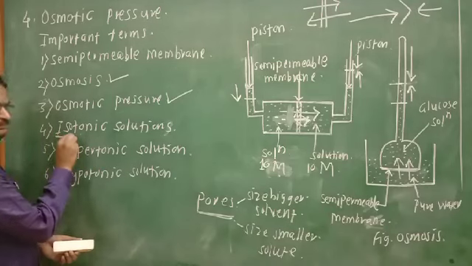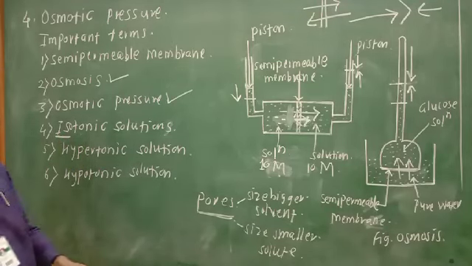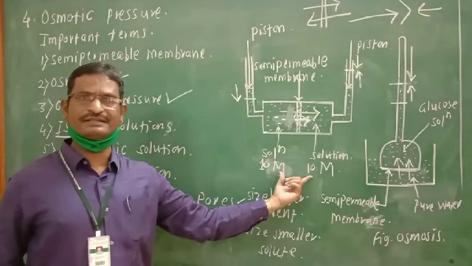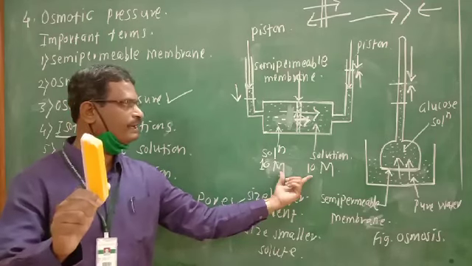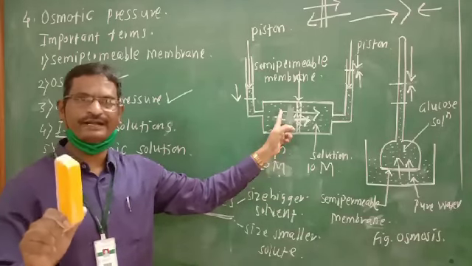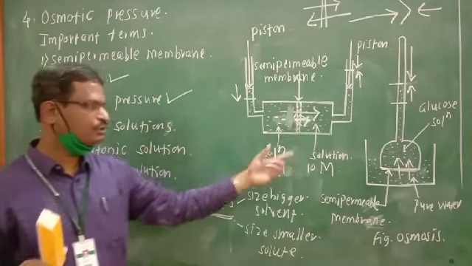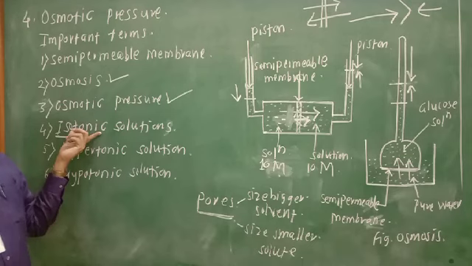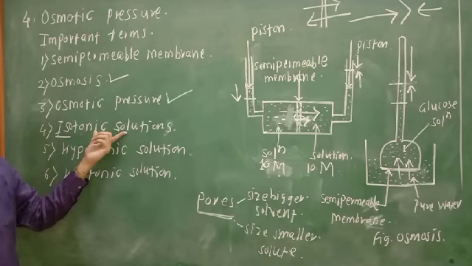Iso means same. The solutions having the same concentration, therefore the same vapor pressure and the same osmotic pressure, have neither movement of solvent from left to right nor right to left; no movement takes place through the semi-permeable membrane. Those two solutions are known as isotonic solutions with respect to each other: same concentration, same number of moles of solute, same vapor pressure, same osmotic pressure at a constant temperature.